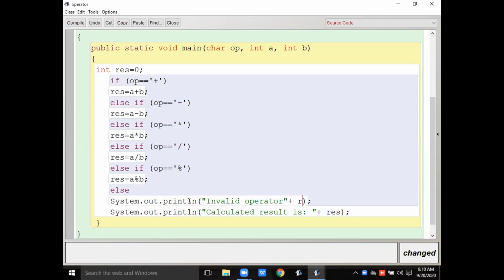So the result will display as 0, or don't display it. The result is 0. That also you can do.